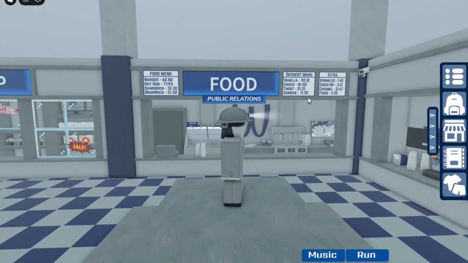And if you look closely right over here on the food menu, we do have hot dog on the left, then dessert we do have twist, and extra we do have choco dip. So all three items are here on the food menu. So basically what you want to do is add up the prices of everything all together. So hot dog, which would be